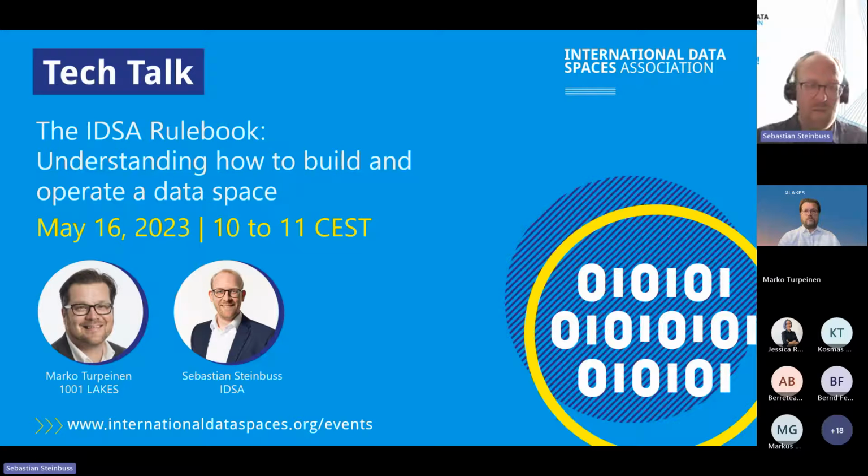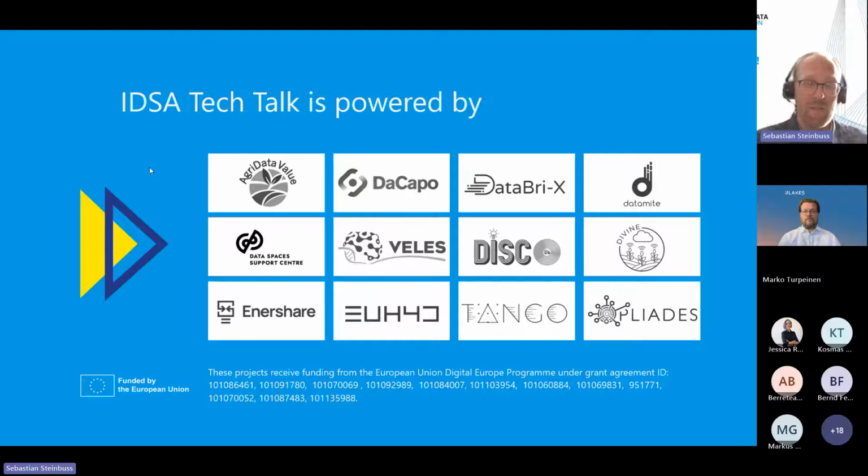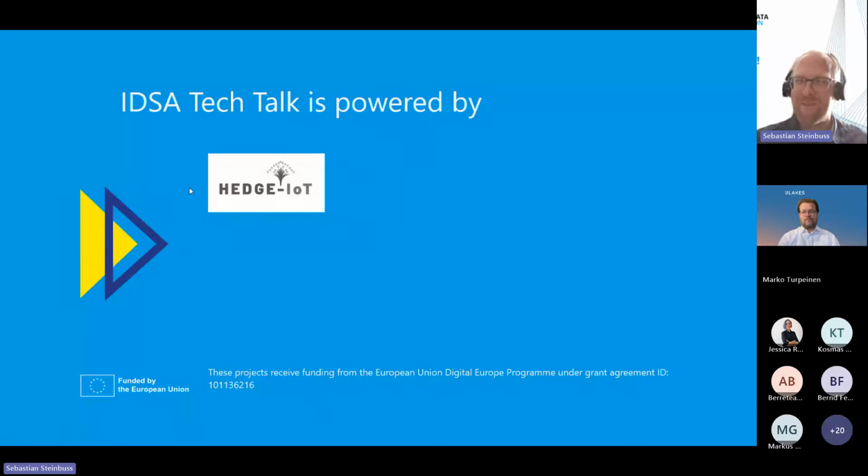And I think today we have a slightly special focus on a tooling, on the toolbox to create rulebooks based on the DSSC activities. Before we dig into the details, I would like to show off a little bit because we have great research projects that support our activities, and we have those 12 projects I have here on this slide, starting with Agri Data Value, Da Capo to Pleiades, and we have so many projects supporting this activity that I even need a second slide for that to show you that we have really good projects that support our ongoing work here in